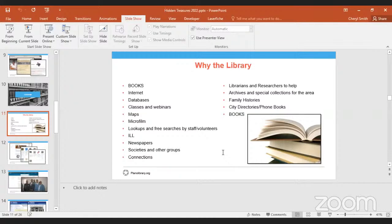We have newspapers for McKinney, Plano, and Dallas on microfilm. So again, if you wanted Denton, you'd have to go to Denton Public. And if you wanted something from Sherman, they have some, but I'm not sure what all they have. So, checking the library in the area that you're researching to see if they have newspapers is the way to go,